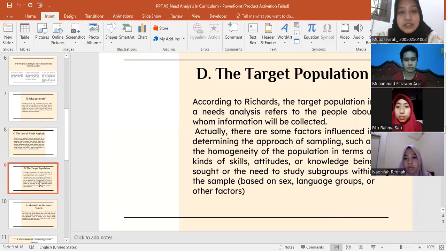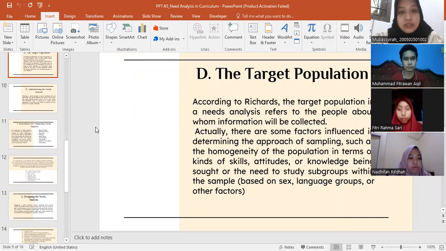The next is the target population. According to Richards, the target population in a needs analysis refers to the people about whom information will be collected. For example, in conducting a needs analysis to determine the focus of an English program in public secondary schools in